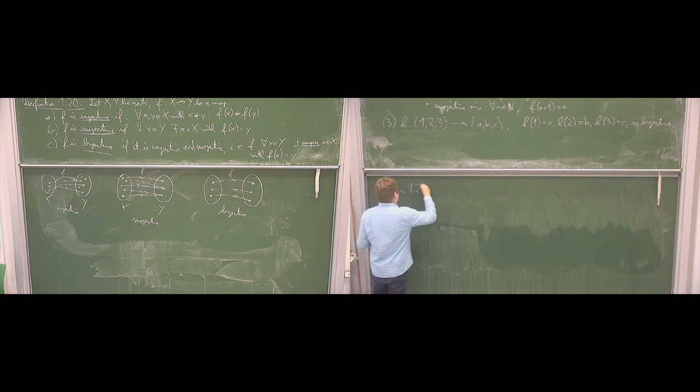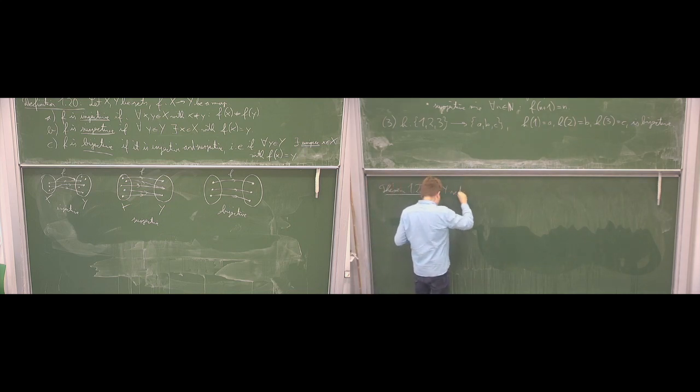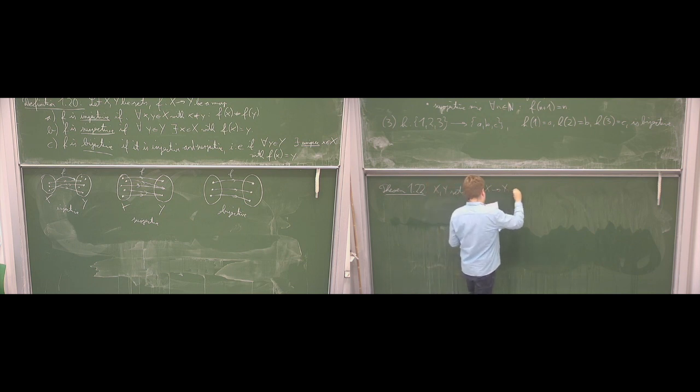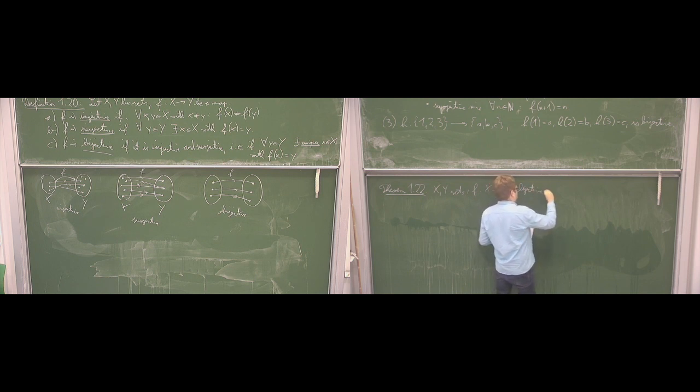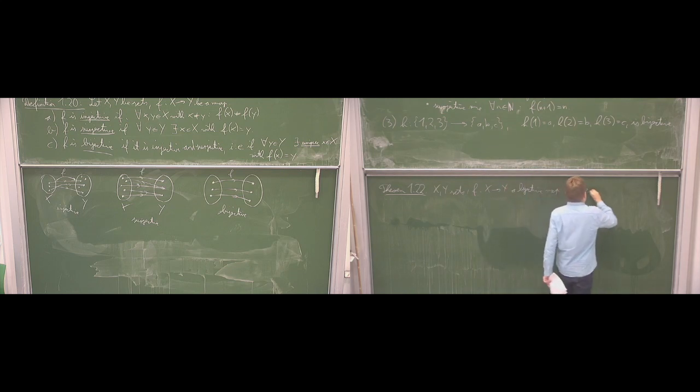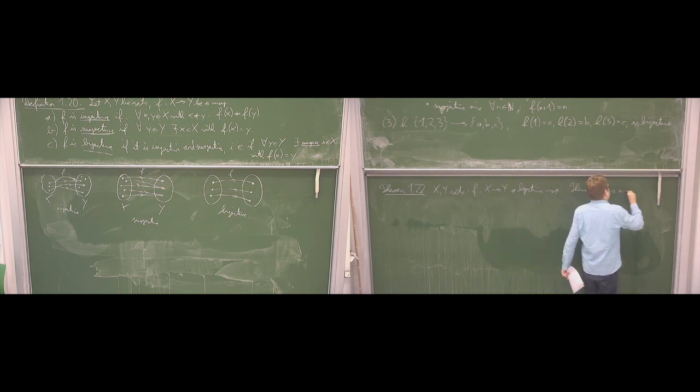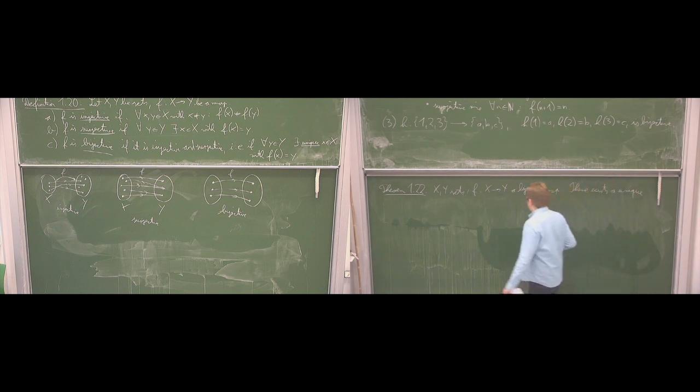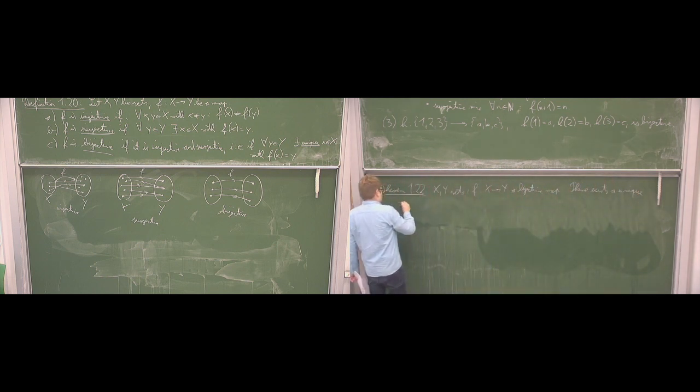Theorem 122. Let X and Y be sets and f from X to Y a bijective map. Then there exists a unique, because I said, so this kind of identifies the two sets, and this means we can go the other way. Namely, there exists a unique map in the other direction, map g, which goes from Y to X,